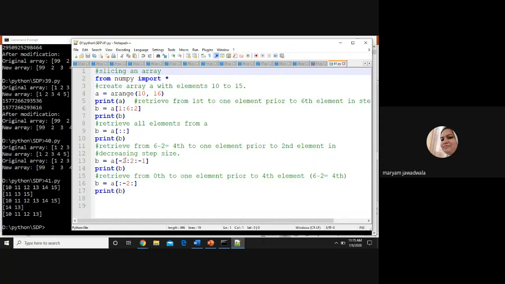Minus 2 represents the second element from the right hand side. If I write minus 1, it means the last element, or the first element from the right hand side. With a negative step the system will start printing the elements from right to left, and with a plus, left to right. Minus means right to left. Minus 2 means the second element from the right will be printed first, right?